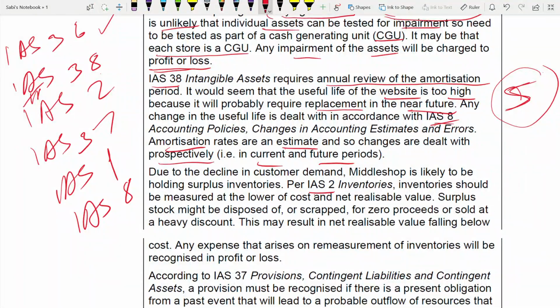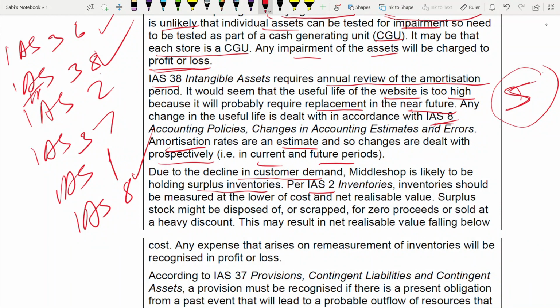So this is also over. This is also over. IS 2, 37 and 1 are left. IS2, inventory. Because of the pandemic, inventory will get affected. Why? There's a decline in the customer demand. Because of this decline, inventories will increase. Inventories will keep increasing because no one will buy your inventory. Fashion industry, right? Clothing industry, it will have inventory. A pile of clothes will be lined up in your inventories only. Surplus inventory, but no one will buy.